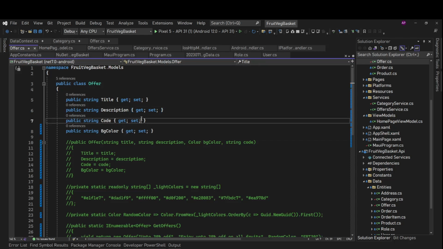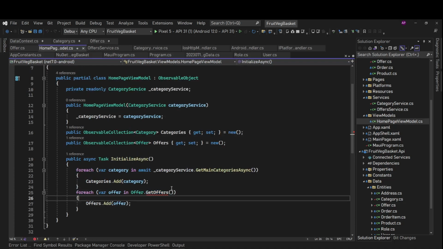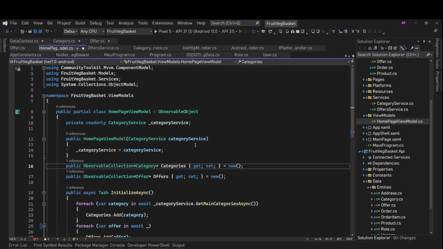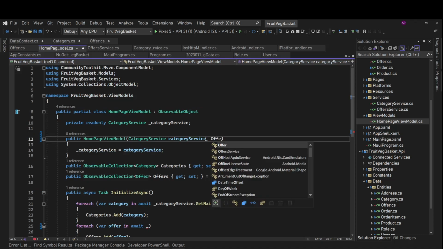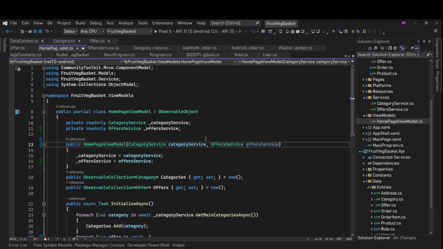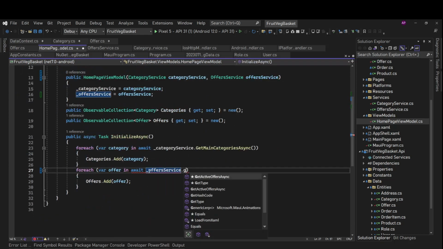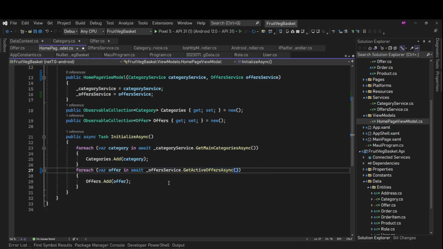But before that, let's go here. Yeah, now this is not going to work because we don't have offer.GetOffers now. What we have is OfferService. We need to inject OfferService, and then we can say offerService.GetActiveOffersListing.